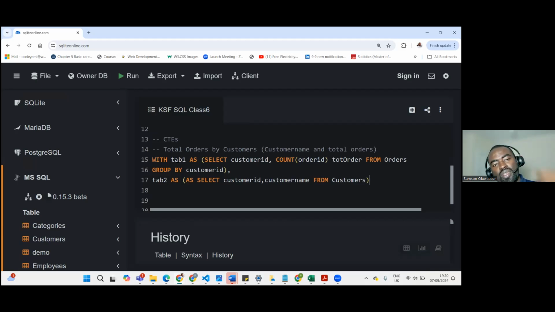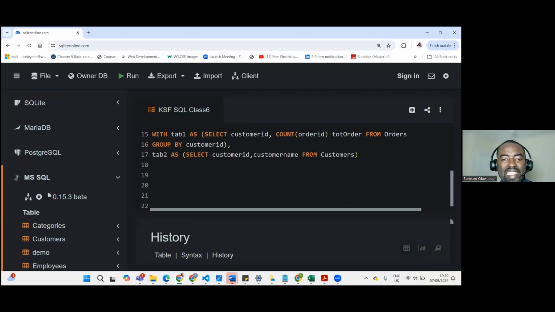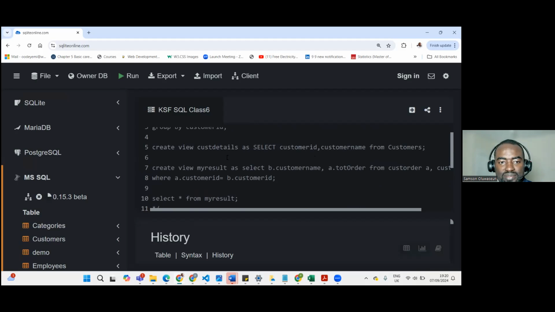Can you see the flow? With table 1 as this, comma, table 2 as this. Then I can now come and write my combining script, which is select